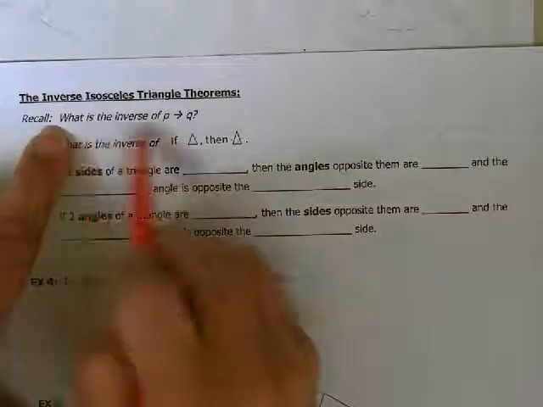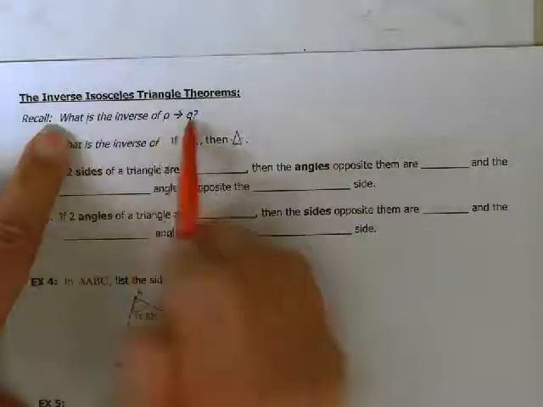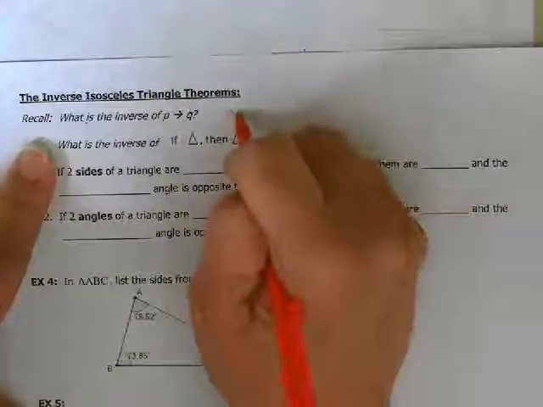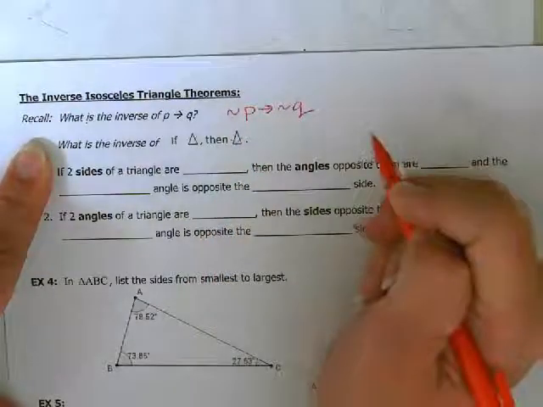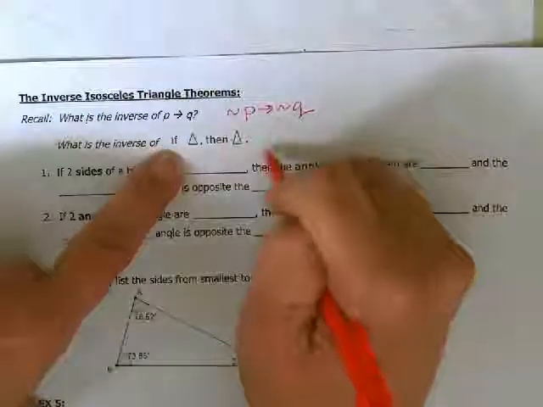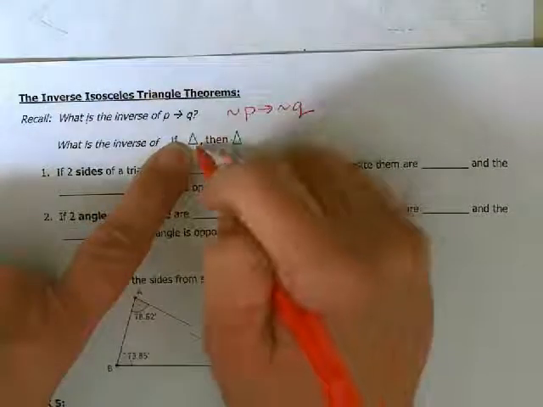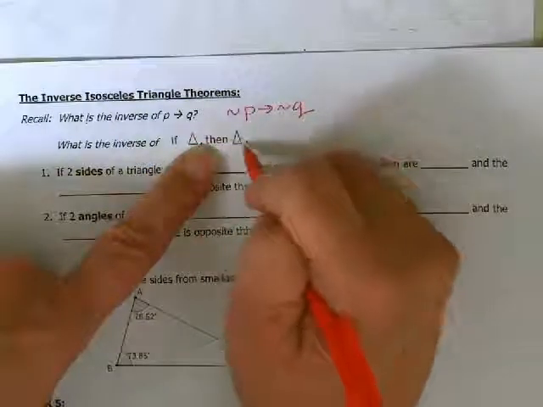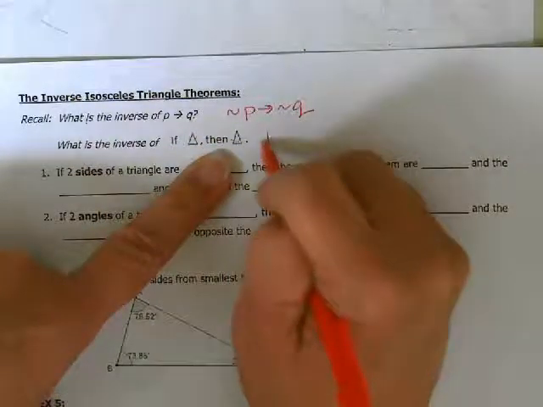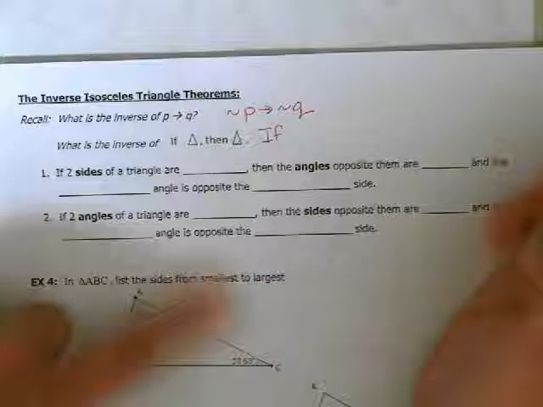so let's look up here. What is the inverse of if P then Q? The inverse is if not P, then not Q. So then the inverse of if two sides of a triangle are congruent, then the base angles are congruent would be